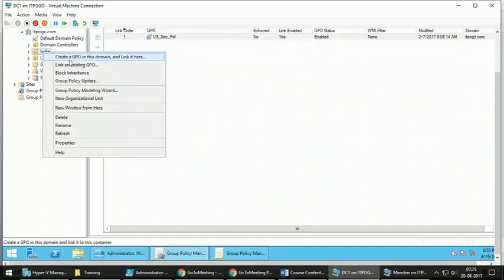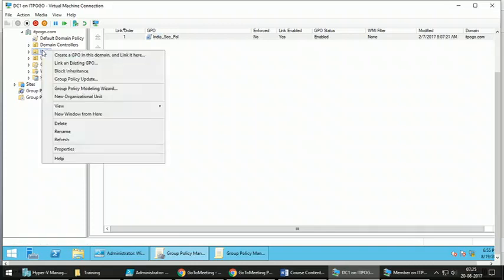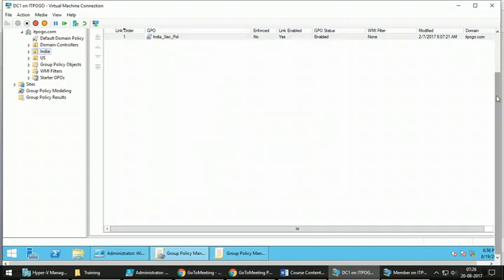Right click, link an existing GPO. So if there is a target list of servers to which you want to apply this policy, you have to put those servers in this OU. After putting the servers in this OU, you can right click, click on link existing GPO, and select the group policy object that you have created for that purpose. Got it?